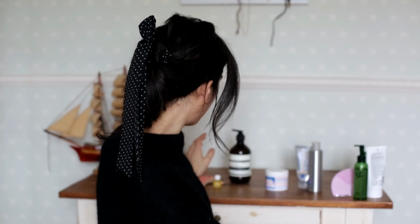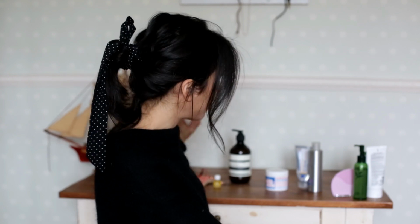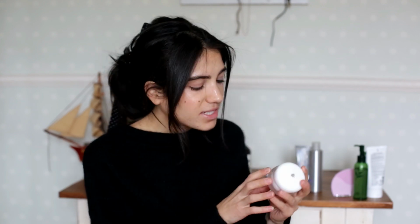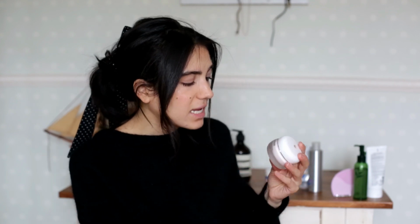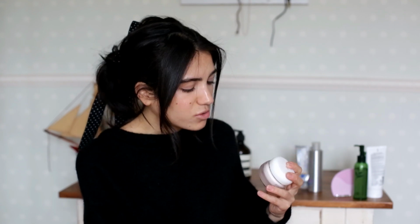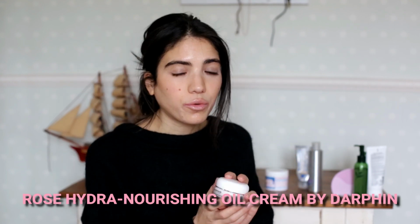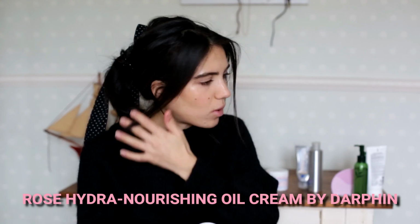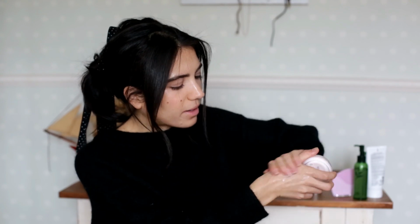Then I'm going to go with a cream that I received. So basically this was a gift, but I just really wanted to share this cream with you because I really like it. This is from Darphin Paris. The name is Rose Nourishing Oil Cream, and it's very, very thick. So the texture is quite thick, so I don't know if you know. So yeah, it's like,